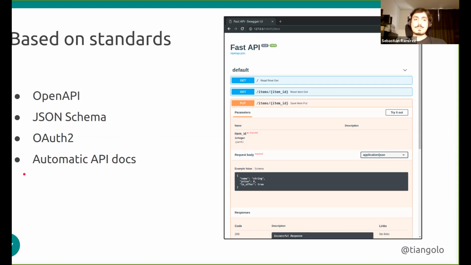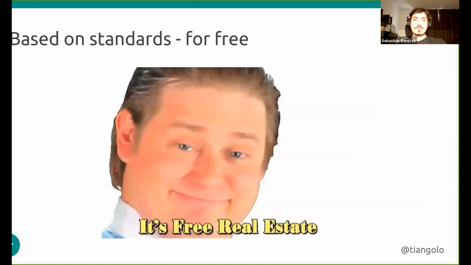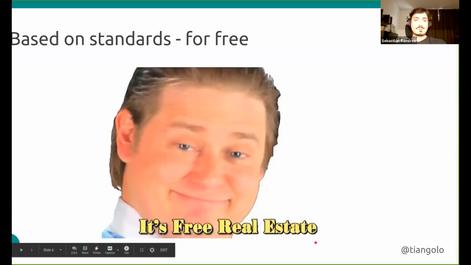Because of that, FastAPI can provide you automatic API documentation, like this thing that you see here on the side. This is generated automatically from your code. You don't have to do anything special to have it, just because it's based on standards. So you write very simple code and you get an API based on standards just for free. You don't have to do anything special to get that.